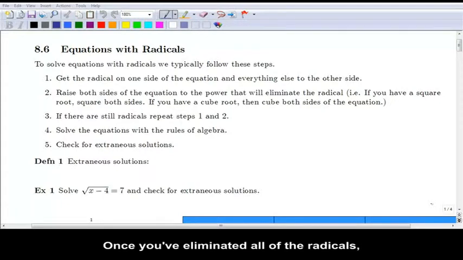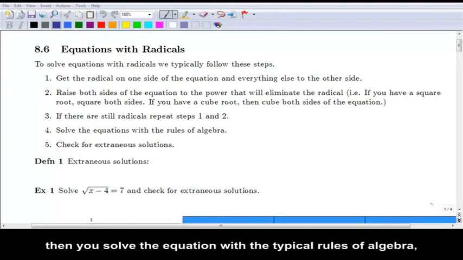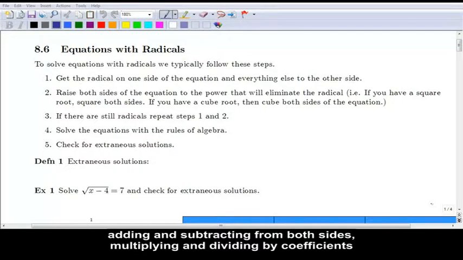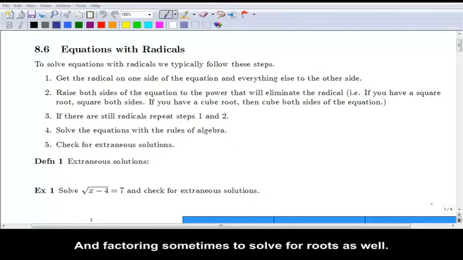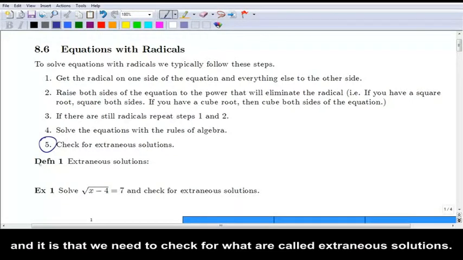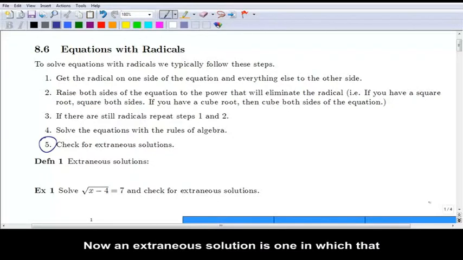Once you've eliminated all of the radicals, then you solve the equation with the typical rules of algebra, adding and subtracting from both sides, multiplying and dividing by coefficients, and taking roots again, possibly if you have powers of exponents, and factoring sometimes to solve for roots as well. So you're just going to use all of those rules that we've had previously from algebra. This fifth step is something that's new, and it is that we need to check for what are called extraneous solutions. Now, an extraneous solution is one in which the process of actually solving the equation, so an extraneous